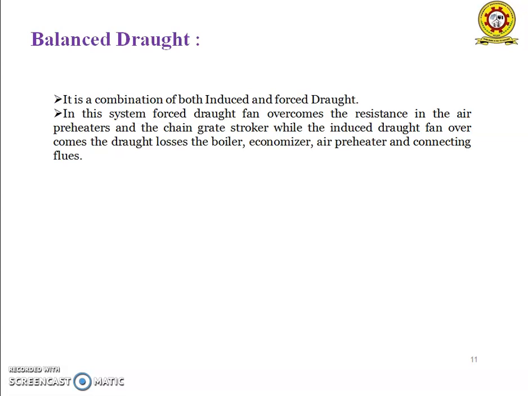Constructions such as shielding or water cooling are needed to protect the bearings of the fans, as the induced fan handles hot gases laden with dust, which causes wear of the blading. In the forced draught system, the fans handle cool and clean air and can be located where convenient. The balanced draught system is more efficient. In a balanced draught system, about 0.1 inches of water vacuum is maintained over the fuel bed.